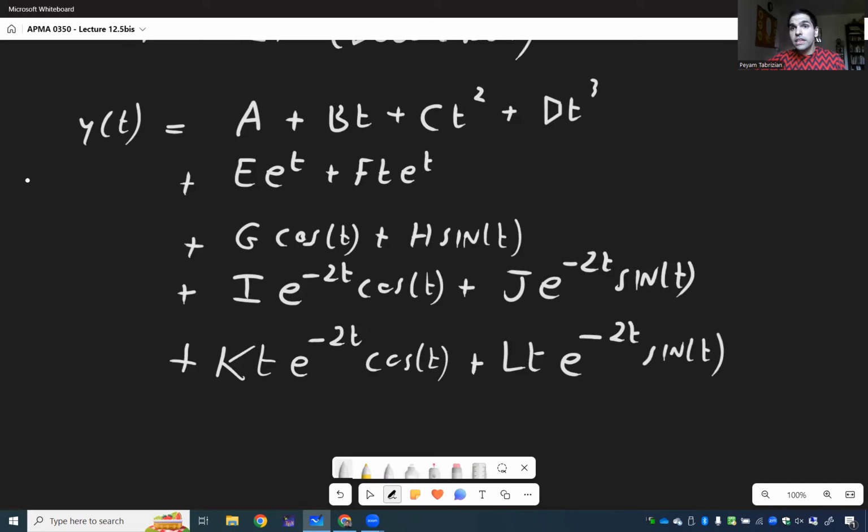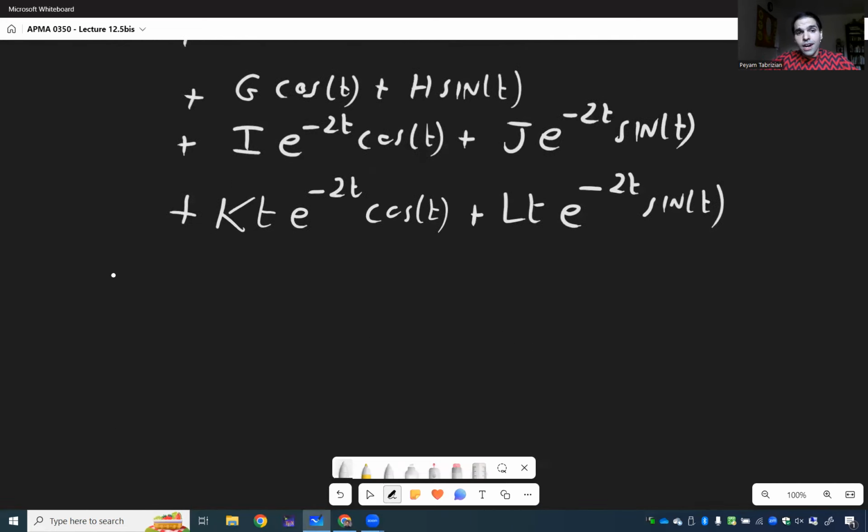So the whole point is, if you can solve the auxiliary equation, if you can find roots to the auxiliary equations, you can technically find any solutions to constant coefficient higher order ODEs. That was one example. Another one I wanted to mention, this is very cute. So let's try to solve